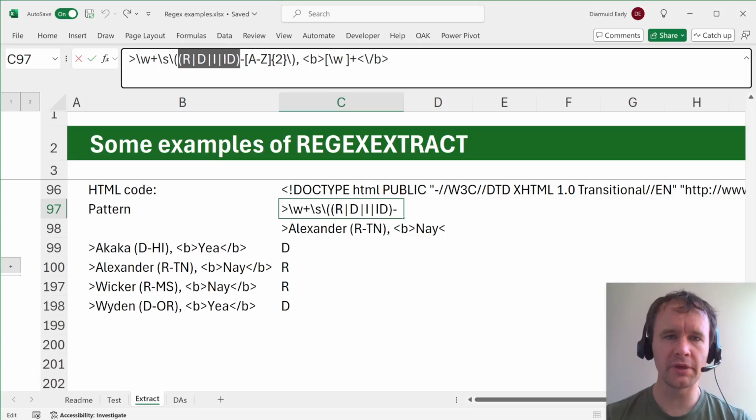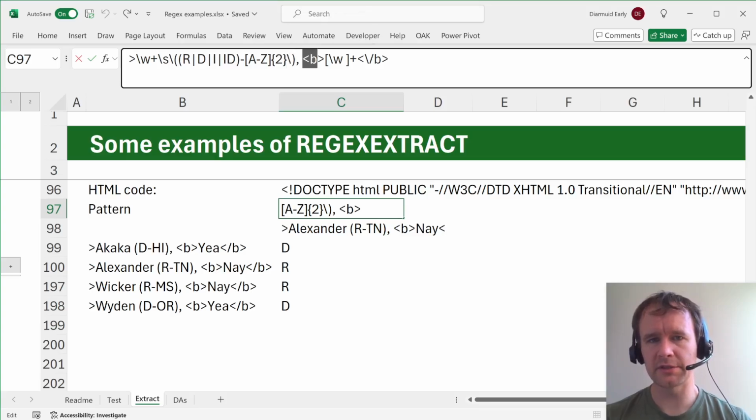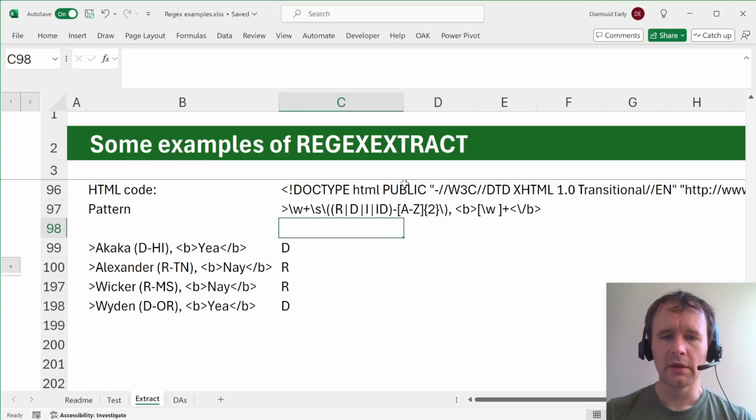Then we have a group here, which is any one of, this pipe character means or, so it's either R for Republican or D for Democrat, or weirdly they have independent coded as both I and ID. Don't know why. Then a dash, then 2 uppercase letters, which is the state code, then a closing bracket, comma, space, then bold, then some number of letters and spaces to represent the vote, and then the end of bold.